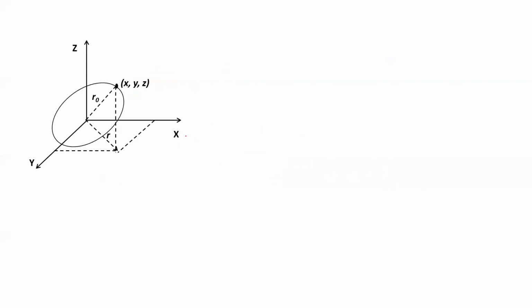So if it is not perpendicular to the plane, if it is an inclined orbit, then the radius of orbit will represent the projection of this r on the xy plane. We have to take the projection of this radius on the xy plane, and if there are Z electrons in the atom with random orientations of their orbits,